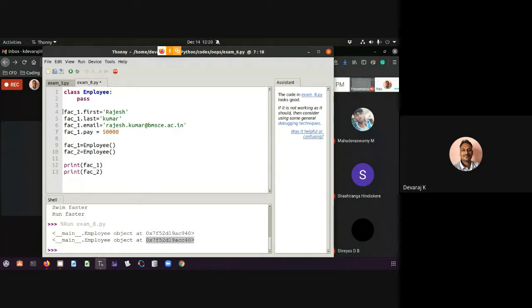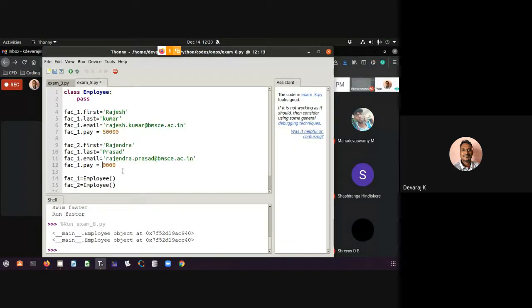Now I'll try to create the same thing for faculty 2. Let me call faculty 2 Rajendra Prasad, with email Rajendra dot Prasad at bmsc.ac.in.